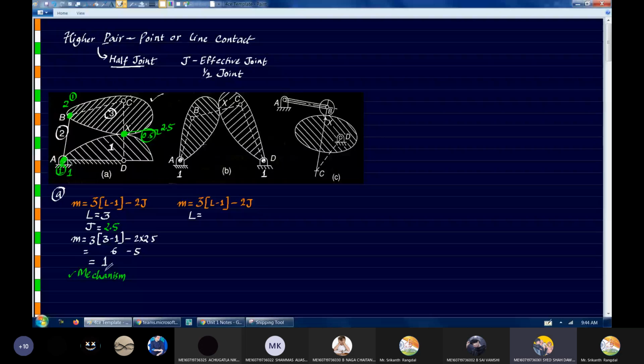Interaction between B and C. Not the interaction. Interaction means it will be a joint. So we'll have to count a single part which is moving as a single object. So this balloon shaped object here, that we can call the second link. And coming to the third link, this balloon shaped part on the right side, we have to call it the third link. So apart from these 3, is there any other part?